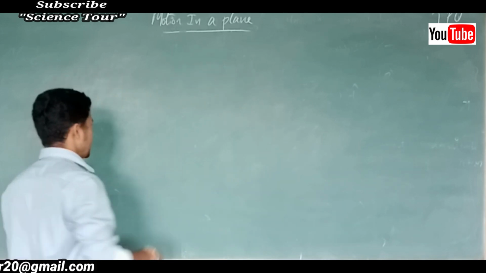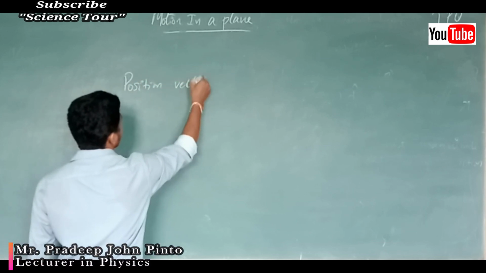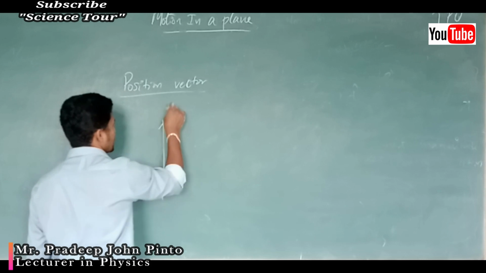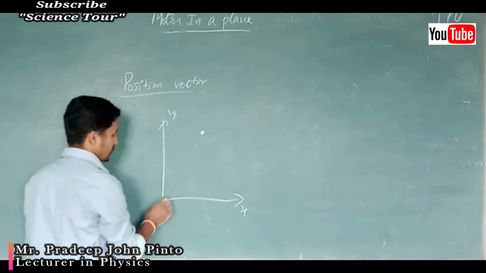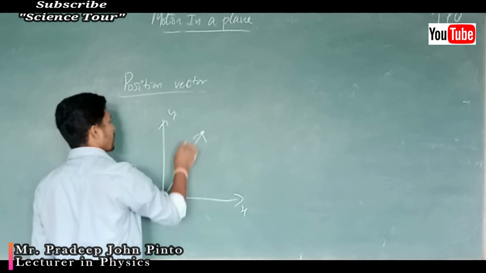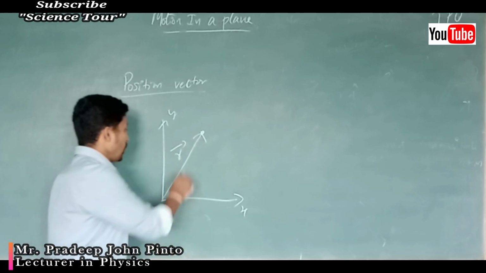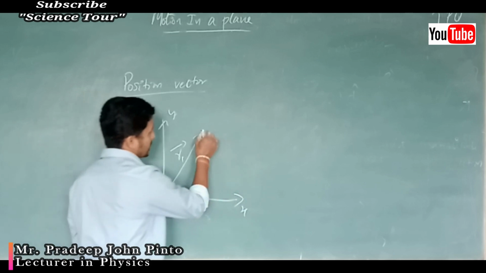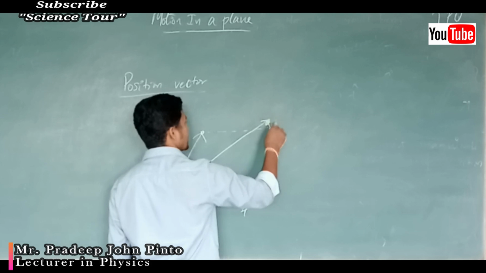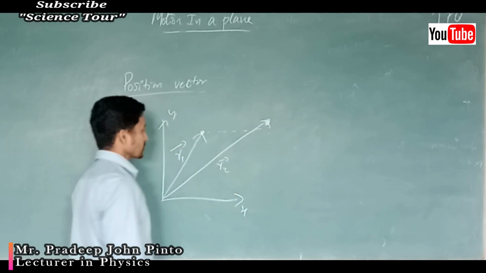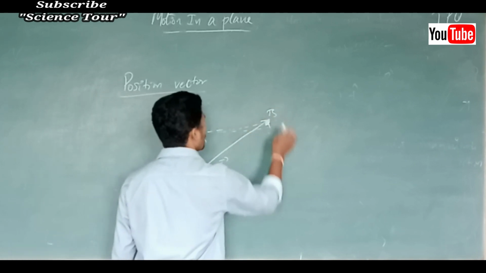Now it is a position vector. What do you mean by position vector? See, this is y, this is x. I am going to write down this point, so in this way I am going to write r. R is the general representation of position vector. This was its first position. Now this butterfly is moving here. Now what is the next position? This is the second position, R2. Okay, O, A, B. This point is moved from A to B.